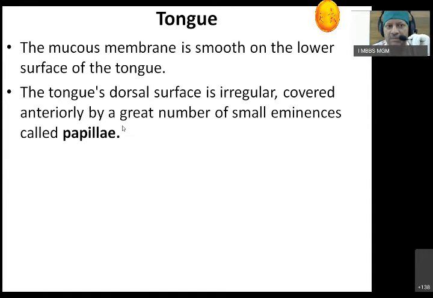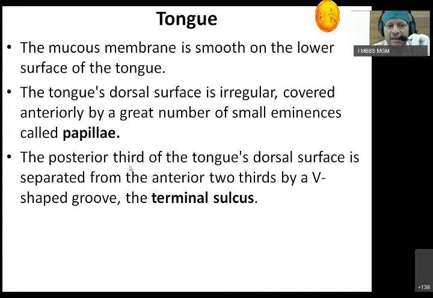that is what we have to remember. The mucous membrane on the dorsal surface of the tongue. We usually divide the tongue into anterior two-third and posterior one-third. We are more focusing today on the anterior two-third. The anterior two-third of the tongue shows elevations in the epithelium, and these elevations are called papillae. This is a different concept than the dermal or epidermal papillae. Please remember, these are the elevations on the surface of the tongue that we call papillae.